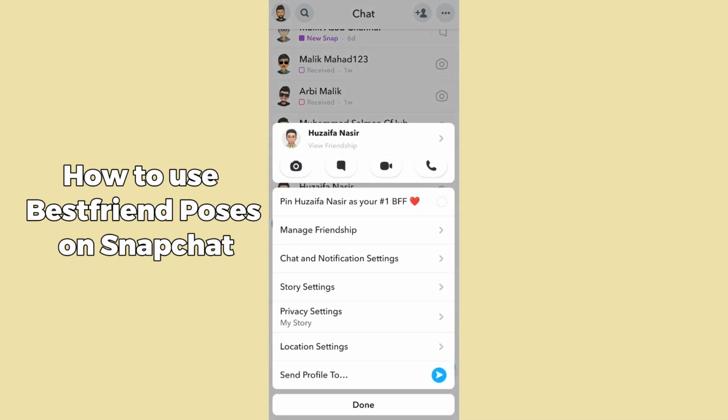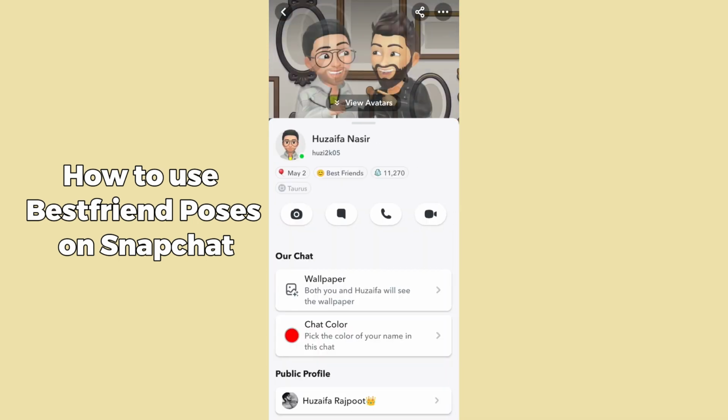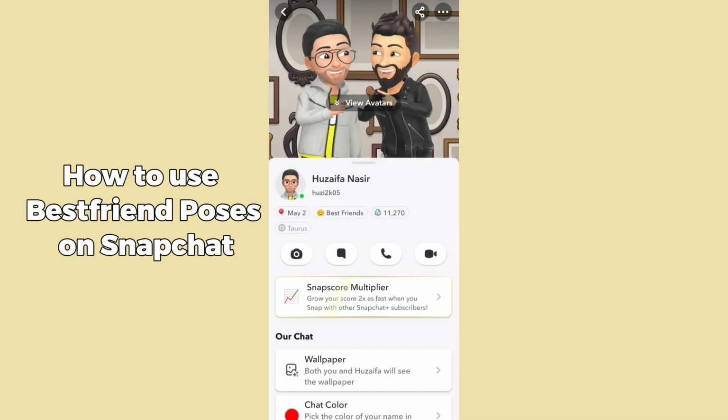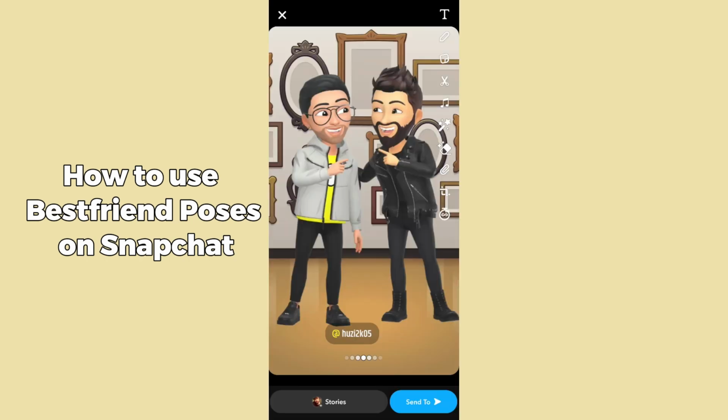So after holding on the chat, what you have to do is just simply click on the profile icon. So after clicking on the profile icon, you have to just simply scroll down and you guys will be able to see here is the new best friend pose, which is provided by the Snapchat feature. So what you have to do is simply go to the share button and share the pose,